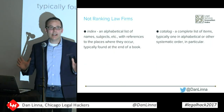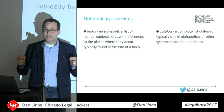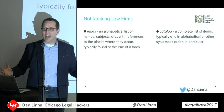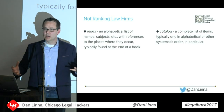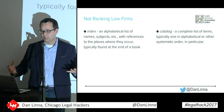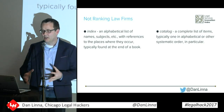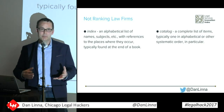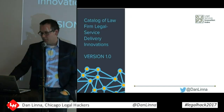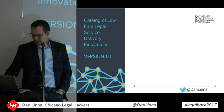And so one of the things that I want to really make clear is this is not about ranking law firms, at least not at this phase, right? And the idea of an index is to help us find information. Where do we look? Where can we see what law firms are doing and what's happening in the marketplace? Now, later iterations, we may get to something that is a ranking, but right now, we don't quite have enough information to be able to rank law firms. And then the catalog, again, just trying to create a complete list of what's actually happening out there. All right, so